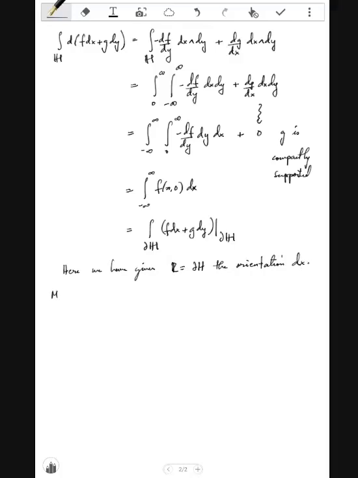So more generally, Stokes' theorem states that if M is an orientable manifold with boundary